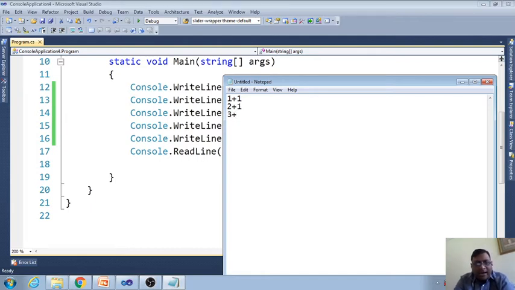In this 3 you will add 1, your number will become 4. If you add 1, your number will become 5. So like this, in every number when we add 1, we get the next number. This is the thing that is going to repeat. In the first number we add 1, we got 2. In the second number we add 1, we got 3. In the 3 we add 1, we got 4. So this is basically the thing going to repeat again and again. This is the use of the loop.